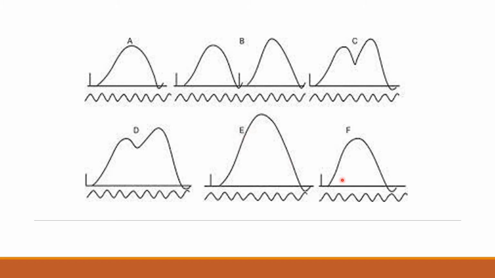So the height is increasing without any change in the graph. And here also, this is during the absolute refractory period, the second stimulus is applied, so there is no change in the graph. Okay, so these are the different changes in the waves when the second stimulus is applied, depending on the timing, that is when it is applied, either in contraction, relaxation, or absolute refractory, relative refractory period, like that.